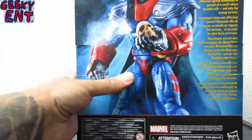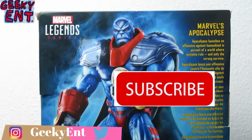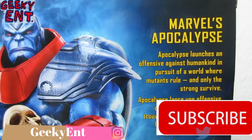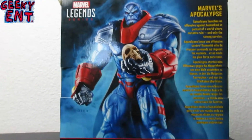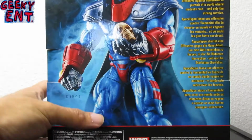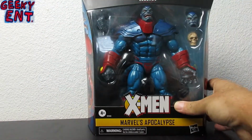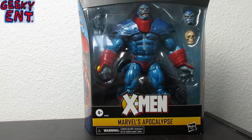This is the packaging for the brand new Marvel Legends Apocalypse figure. You can see it's got a nice little biography in different languages of who Apocalypse is. Now, Apocalypse is one pretty badass villain in the X-Men universe, and he does have a huge comic arc when it comes to who he is and how he does his thing, so let's go ahead and get this Apocalypse